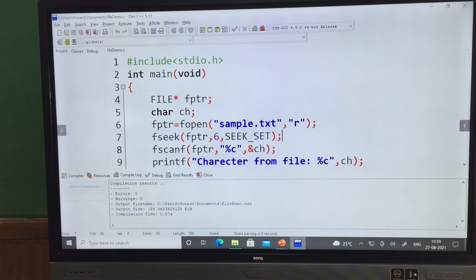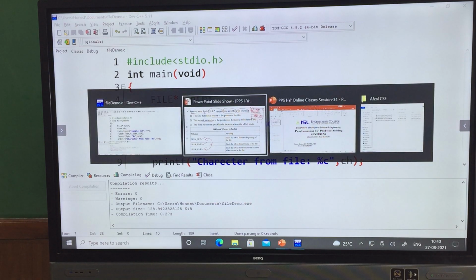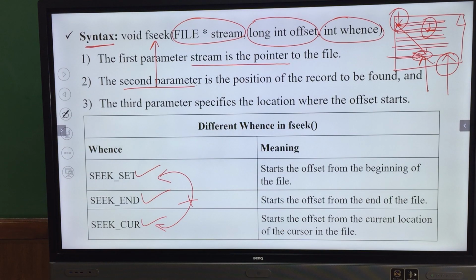You can read any value, like if you want to read double, float, or a string, you can read using this fseek function from your desired location. Then we have another 2 more functions. Those 2 functions I will complete, and with that we can conclude your 5th unit. The next function we have is the ftell function.